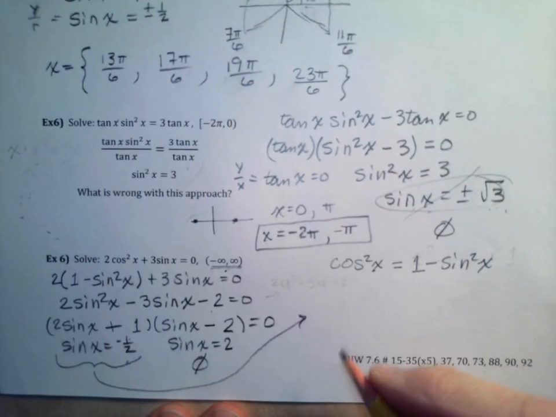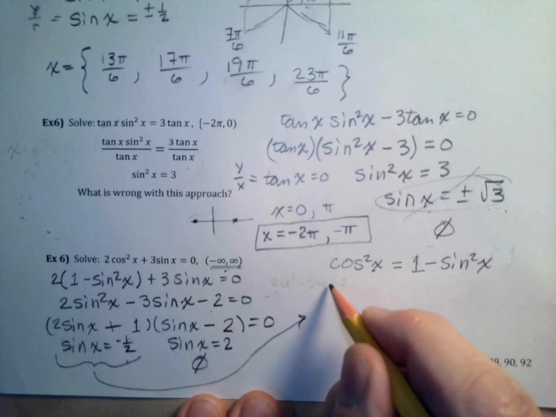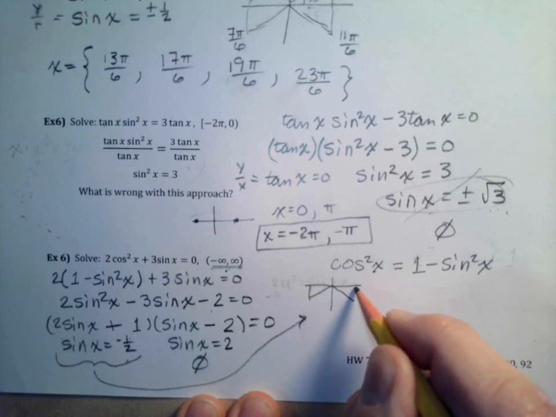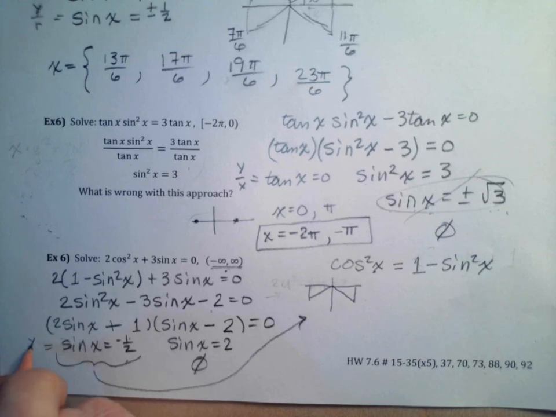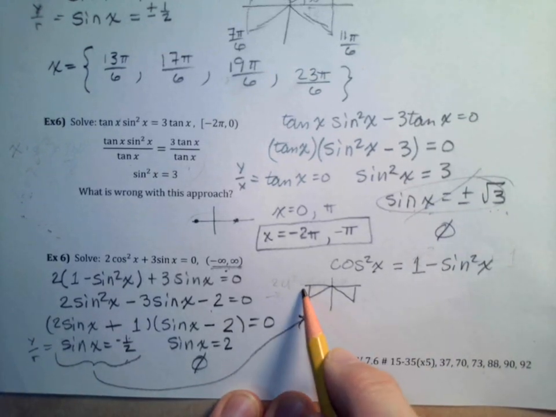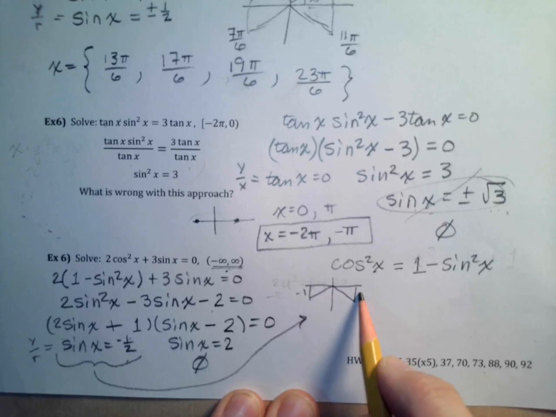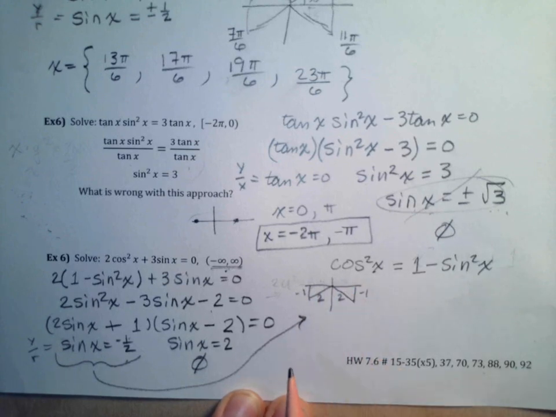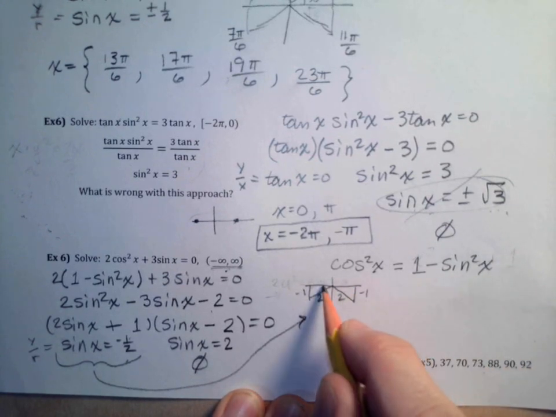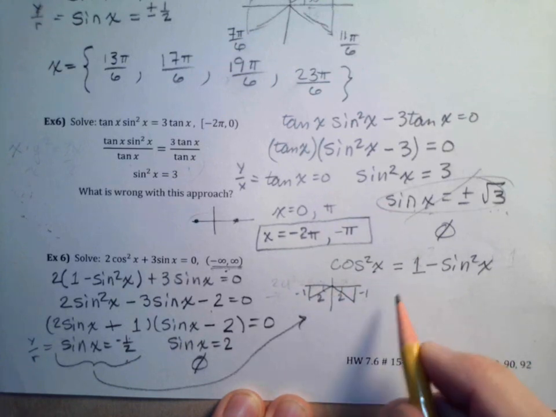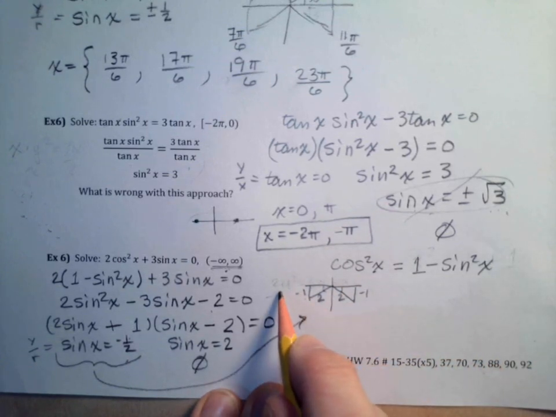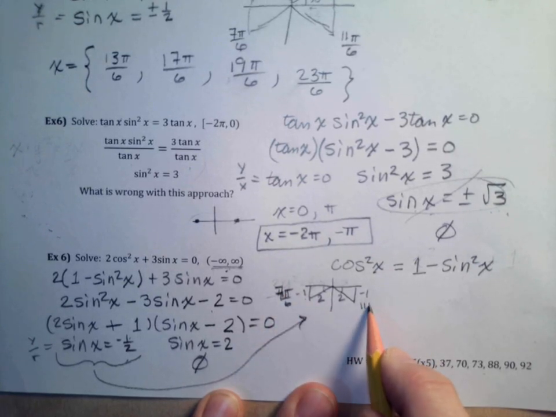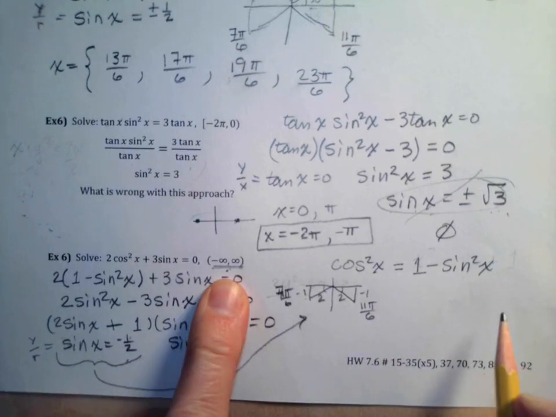Okay, so sine is negative 1/2. Where is that? That is going to be in the third and in the fourth quadrants. Remember, sine is equal to y over r, so we want the y to be negative 1 and the r to be 2, so x is negative square root of 3 or square root of 3. And so what angles are we talking about? Reference angles of 30 degrees, or pi over 6. So what's this one? This one is 7 pi over 6, and this one will be 11 pi over 6, but we want all of the solutions, so